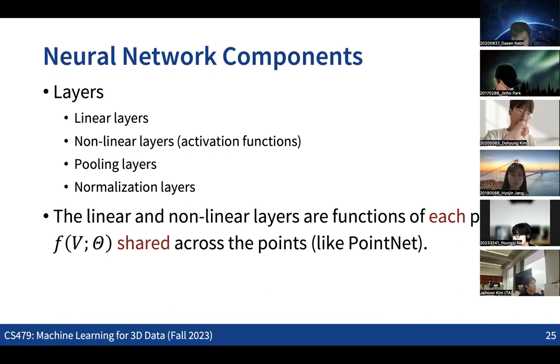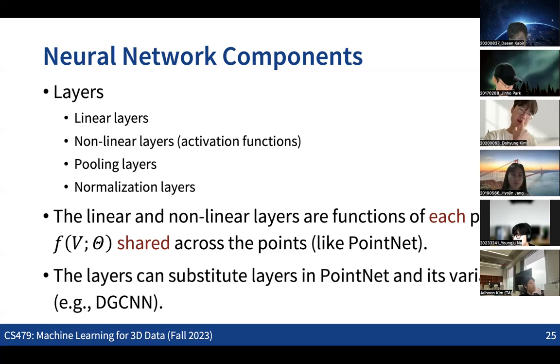Once we design new linear layers and non-linear layers and so on that achieve rotation equivariance, we are going to directly replace the given layers in PointNet with these rotation equivariant functions. Then we can apply these ideas not only to PointNet, but to any variant of PointNet, transforming the given network into a rotation equivariant network. That's what we're going to do.